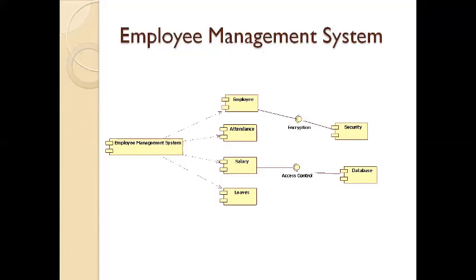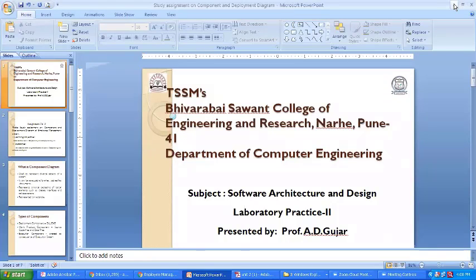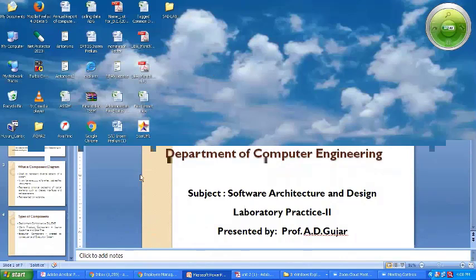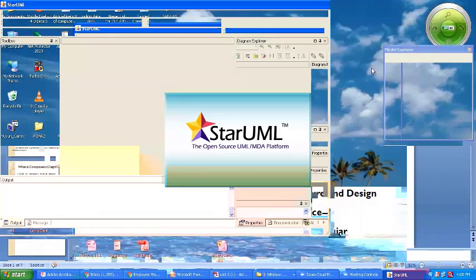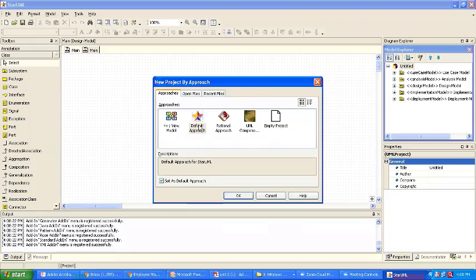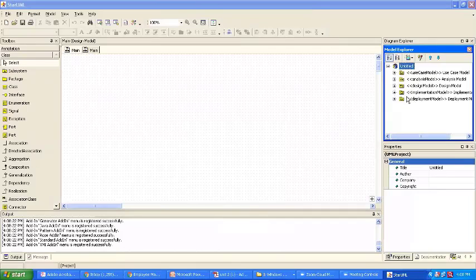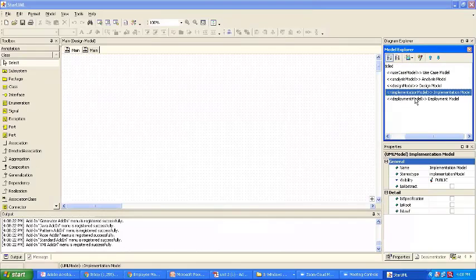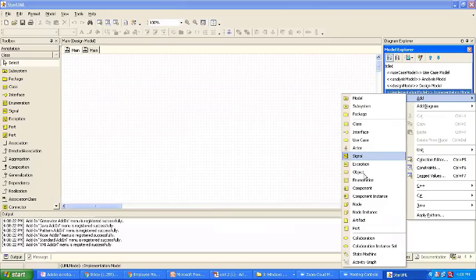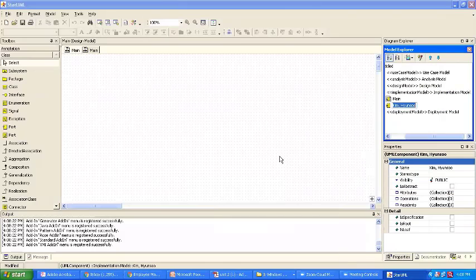So let us now see how these components can be drawn by using some software. Let us see the example here about how the components can be drawn. Okay, so let us start with the project. Now we have to start with the components. What different components have we seen? The first component that we have to take is